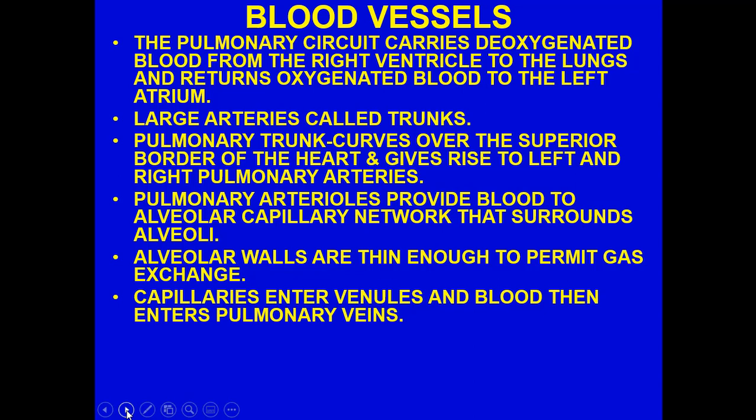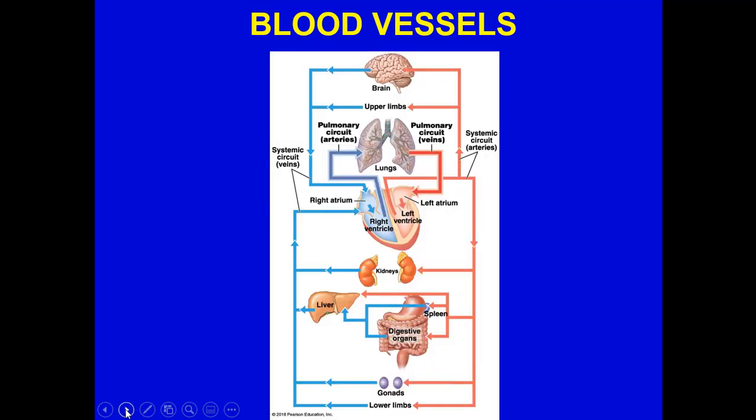Now, staying with the pulmonary circuit, large arteries are called trunks. The pulmonary trunk curves over the superior border of the heart and gives rise to the left and right pulmonary arteries. The pulmonary arterioles provide blood to the alveolar capillary network that surrounds alveoli. Alveolar walls are thin enough to permit gas exchange. The capillaries enter venules, and the blood then enters the pulmonary veins. As you can see right through here,